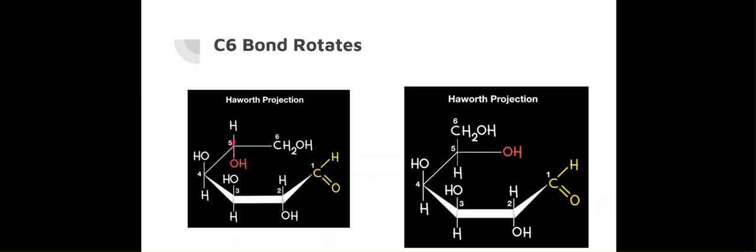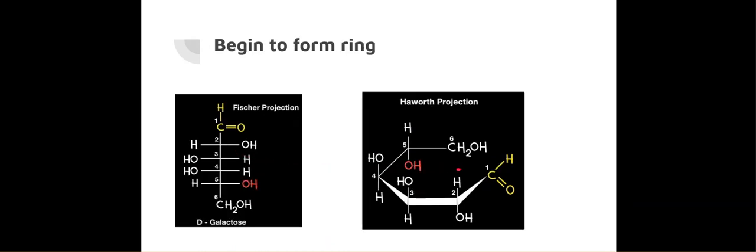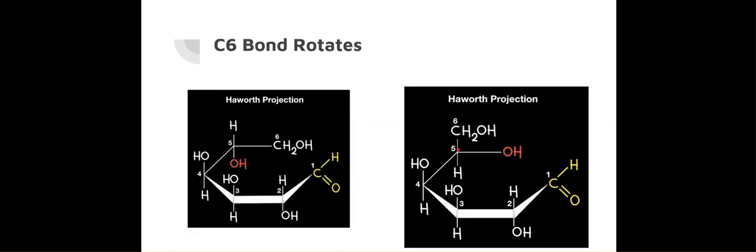This bond right here rotates. So you see here we've got H, OH down, and this is straight. This rotates so that the OH group is now facing that aldehyde group. Your CH2 is now in the up position, and this hydrogen is in the down position. So this is basically just kind of rotated around. You guys see that? And now this hydroxy group can react with this aldehyde group to close the ring.